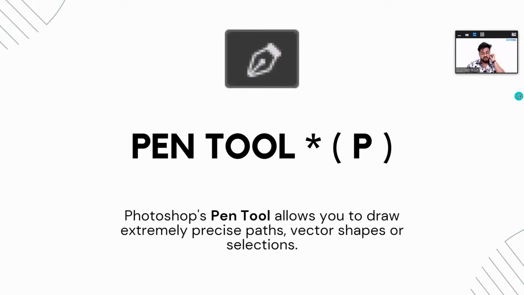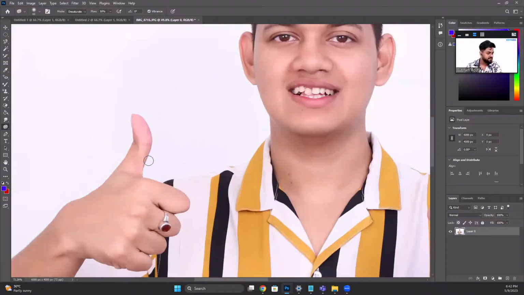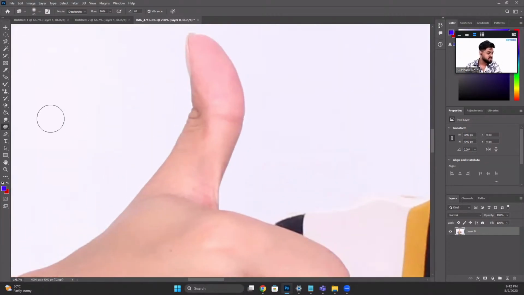Now, the first drawing tool that we have is the pen tool. The pen tool allows you to draw extremely precise paths and vector shapes or selections. If you want to make a very accurate selection, you can select the pen tool, and then you can say,